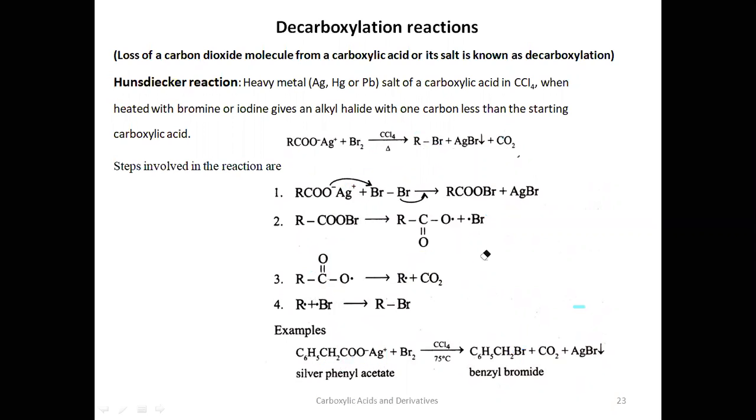Let us see another reaction also. To make it easy for you, I am telling a small trick here. Just remember the product that is forming here in this reaction. Hunsdiecker reaction means what? Hunsdiecker reaction means formation of alkyl halide. Alkyl halide means obviously starting material will be carboxylic acid. Halide means you have to use halogen. So you can recollect easily what are the reagents. Okay. This is how you can remember.